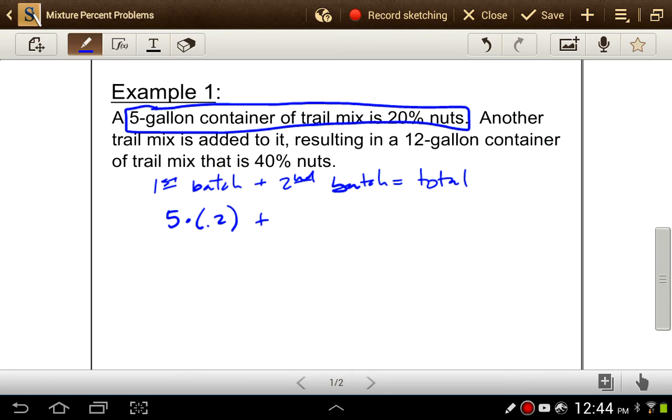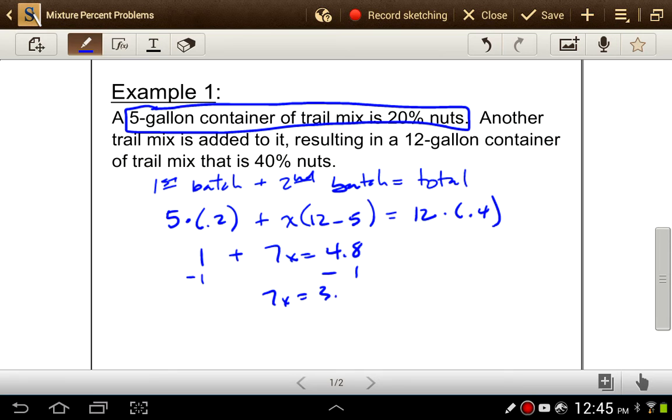My second batch, I do not know my percentage, that's going to be x, but I do know how much is in there. It's 12 total minus the 5 from the first one, which means that's going to be 7. Then my total amount is going to be my 12 gallons times my 40%, which is 0.4. Now I'm just going to do the work and solve this. First, simplified, it's going to be 1 plus 7x equals, and 12 times 0.4 is 4.8. Subtract 1 from both sides, you get 7x equals 3.8. Divide both sides by 7, and I get x equals